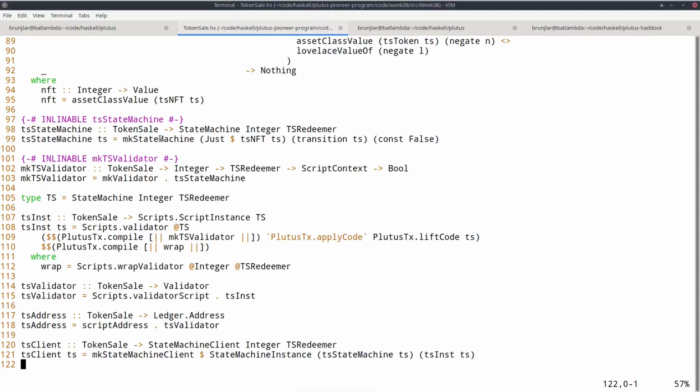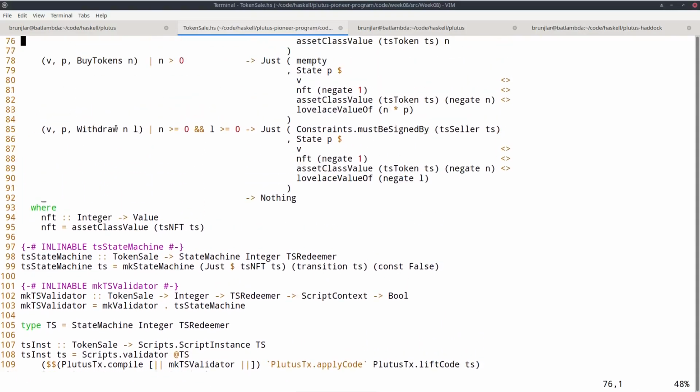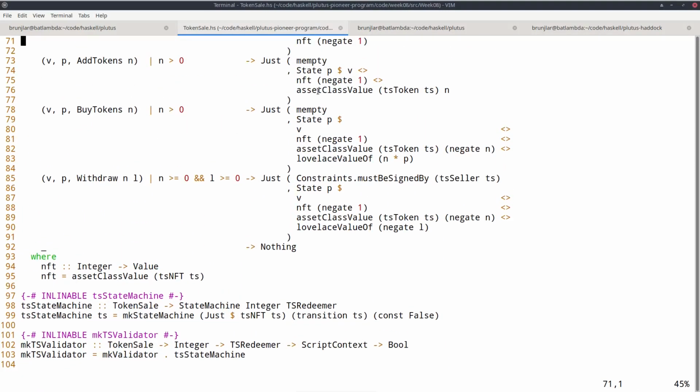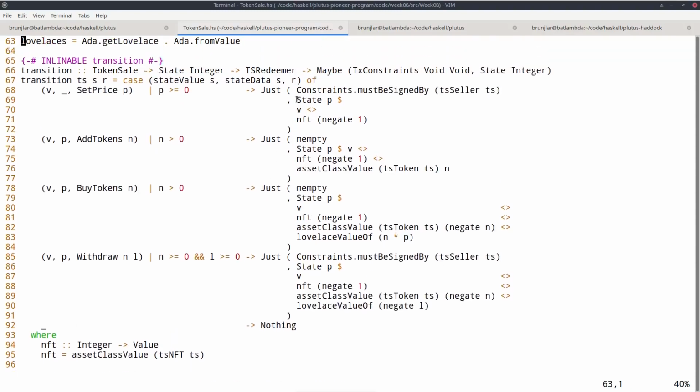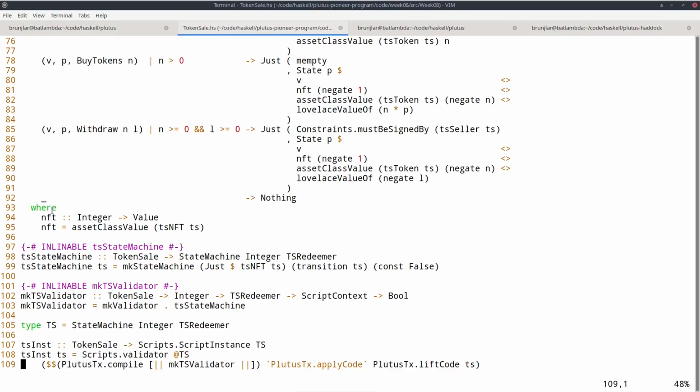In this case, I can construct my state machine more easily than I did last week, because last week we had this one condition that couldn't be expressed in constraints, and I had to put this into another field of the state machine. But in the default case where you don't need that, where constraints are enough, like this case, there's a helper function, a smart constructor for state machines called makeStateMachine, and it just takes 3 arguments.